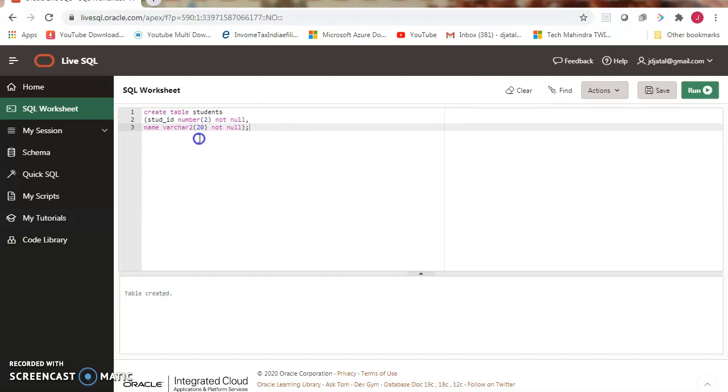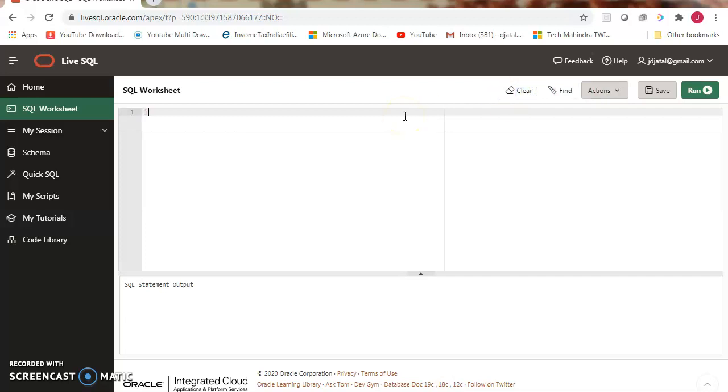Now we insert records in this table, and according to the constraint, if we insert a null value in a particular column, then Oracle will show an error. Okay, here we are inserting values in that table.